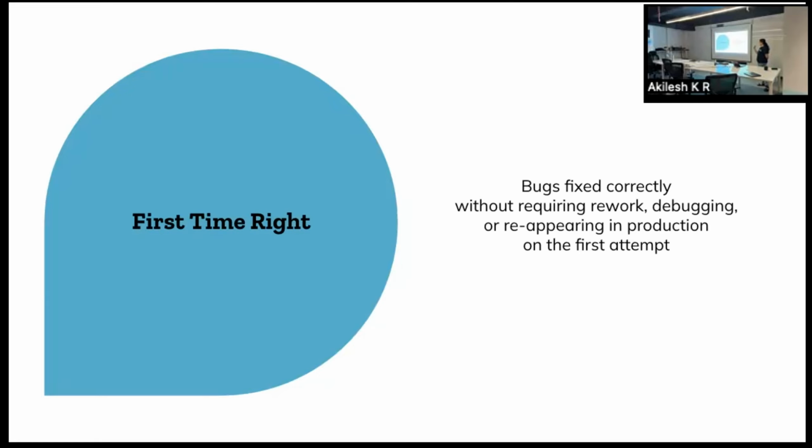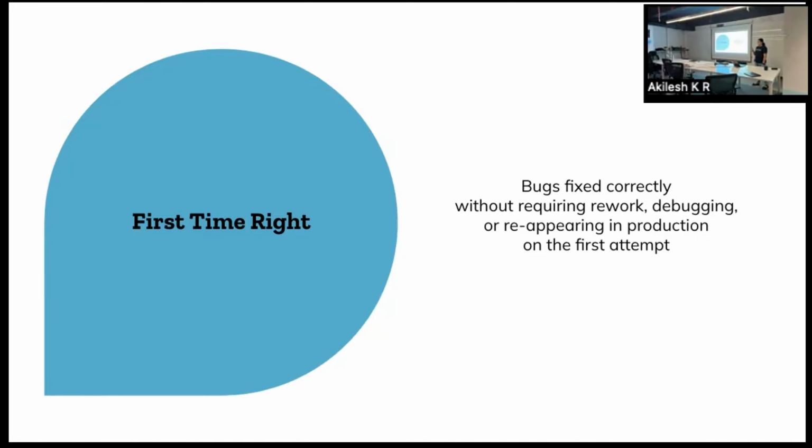So it's an abbreviation for first time right. I came across this in a previous conversation with a client where they were listing down the SLAs, and this was mentioned as one of the points in the SLA: any bug that we encounter in production should be fixed in the first attempt. We cannot take multiple attempts to fix a bug. And if we do that, then penalties will be raised because of that.